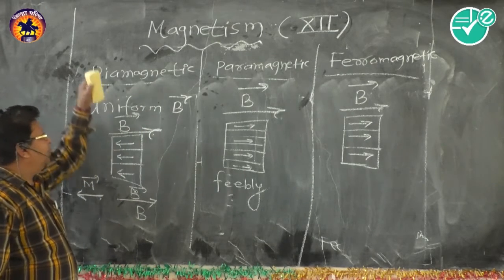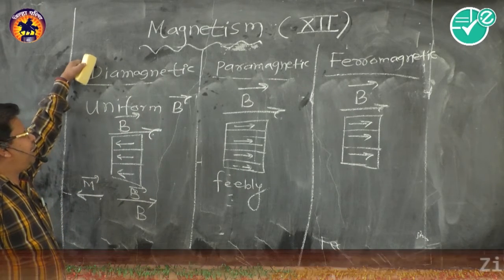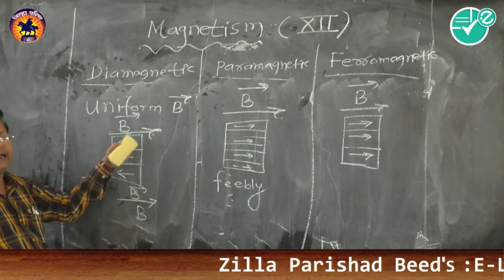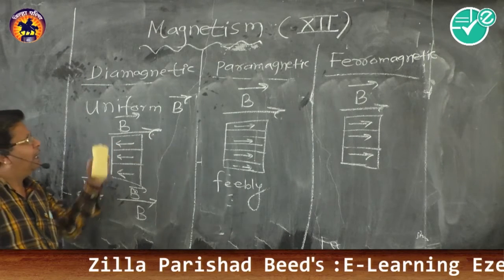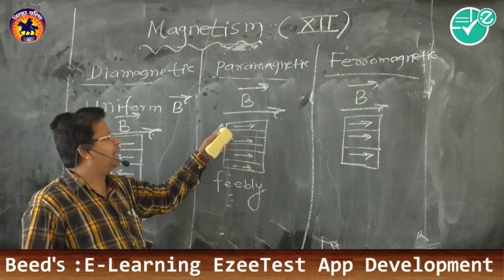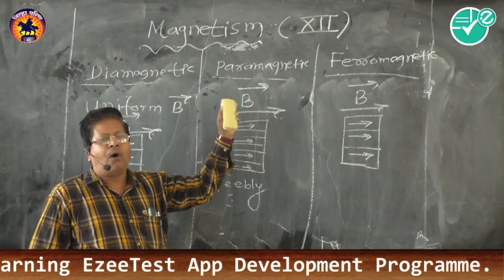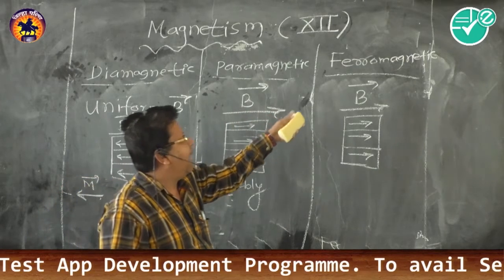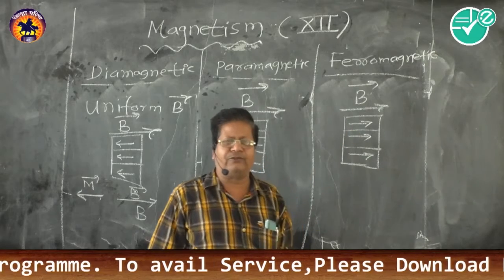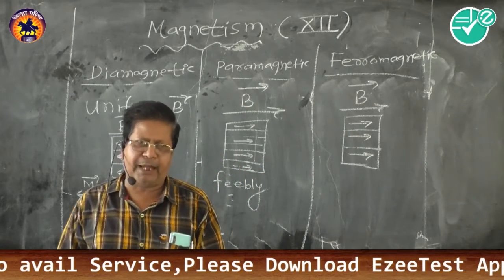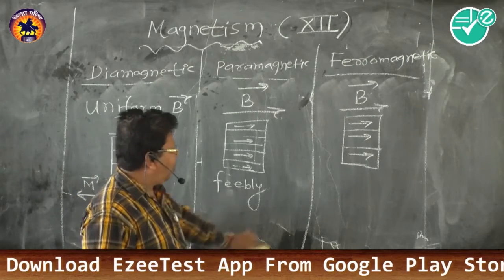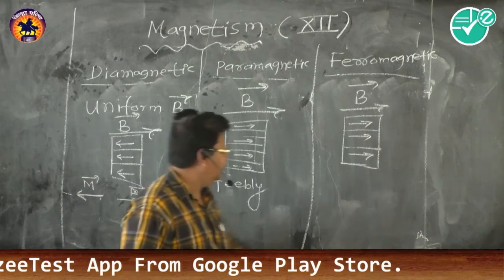So, in a uniform magnetic field, diamagnetic substances are magnetized in a direction opposite to the direction of the magnetic field. Paramagnetic substances are feebly magnetized in the direction of the external magnetic field, and ferromagnetic substances are strongly magnetized in the direction of the applied external magnetic field. In short, we say that we know